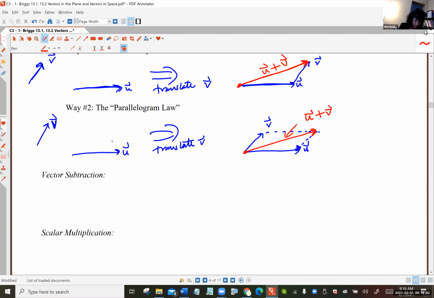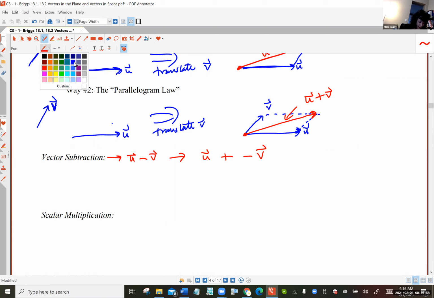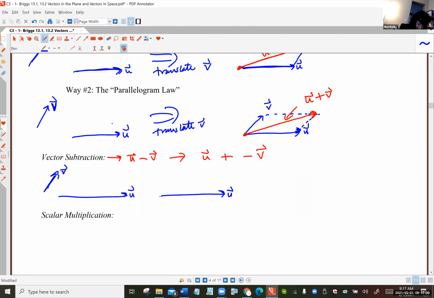All right. Now, what about vector subtraction? Well, you know that subtraction is really the same as addition because you can change it into adding a negative. Isn't that true? So if somebody said, I want you to do U minus V. So here's U, here's V again. All right, fine. One way to do U minus V is to connect their tails, and then U minus V